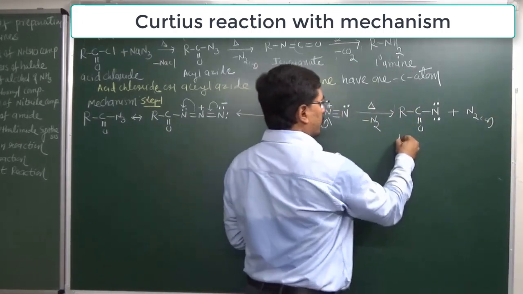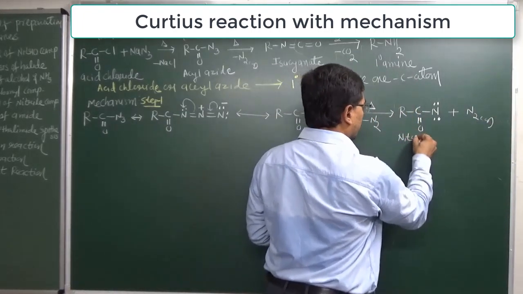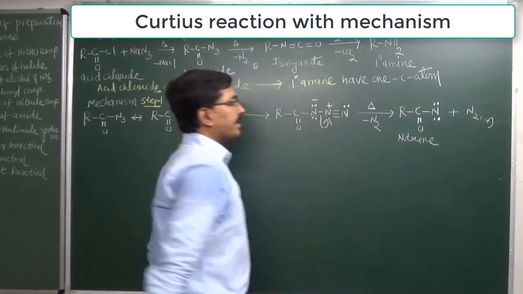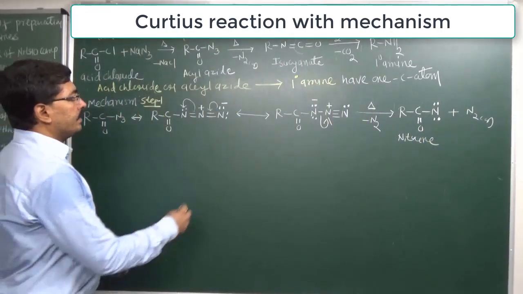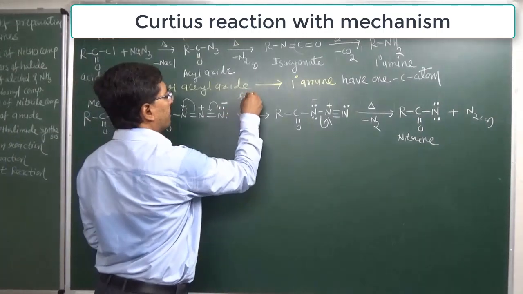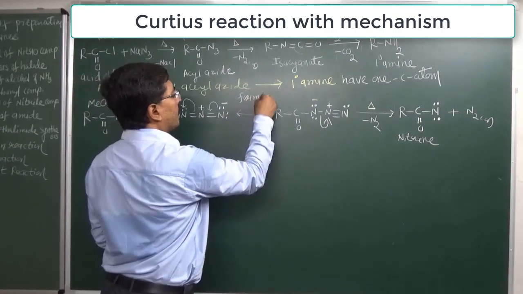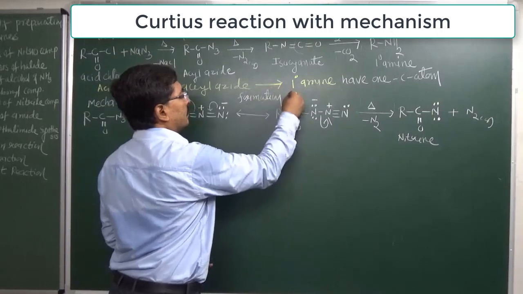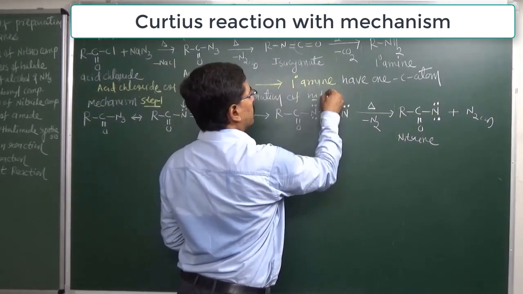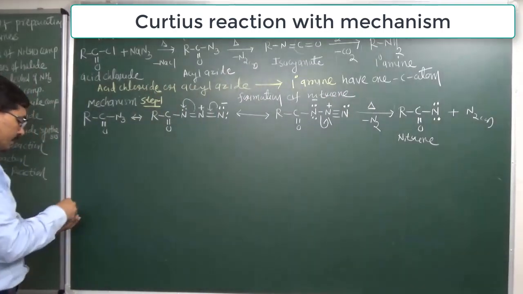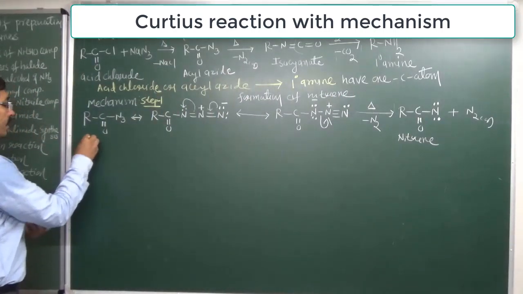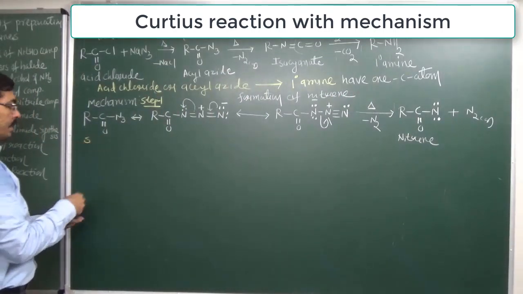Now whatever structure is obtained is known as a nitrene. So in step 1, formation of nitrene occurs. Now nitrene is unstable in nature, so in step 2, nitrene will be converted into